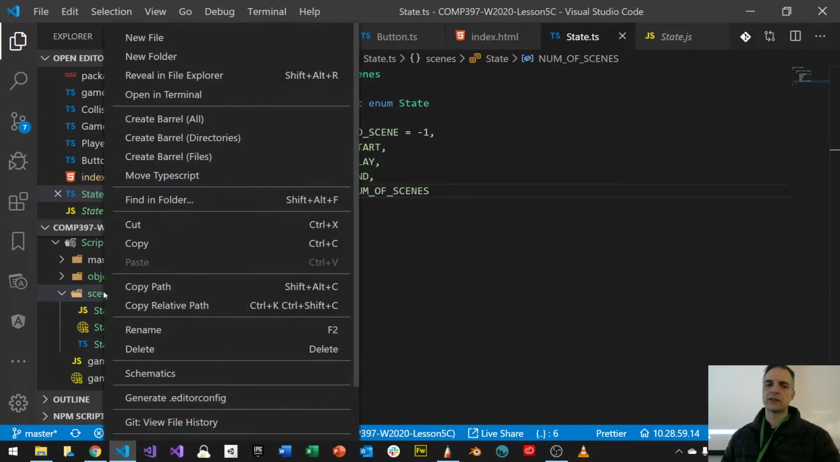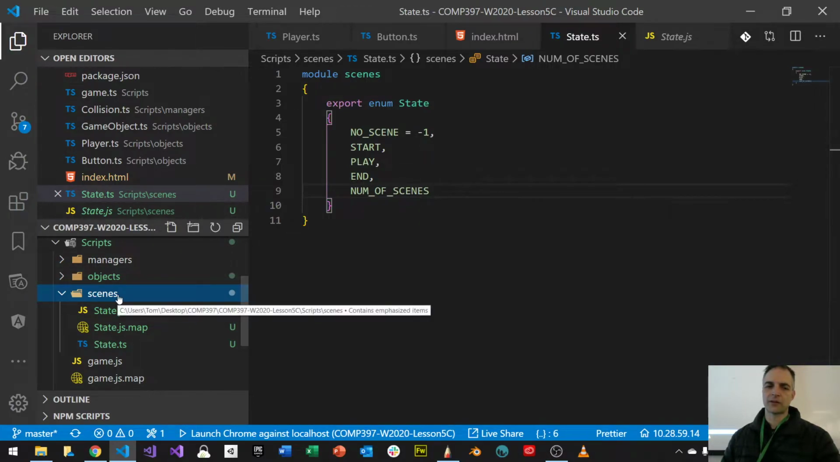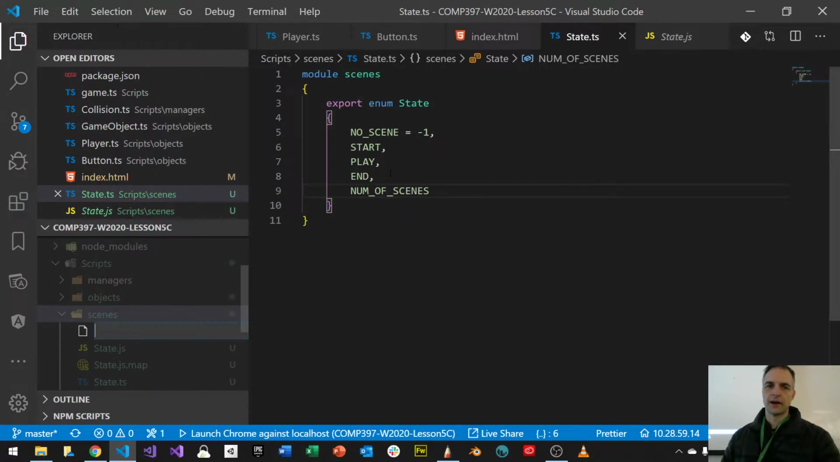I want to make a new scene now. So a new file, right? Well, let me talk about this for a second. Every scene will have a state in a second, but we'll talk about what this is going to do for us. Okay, new file. We're going to make a new file, a new scene, and it's going to be called